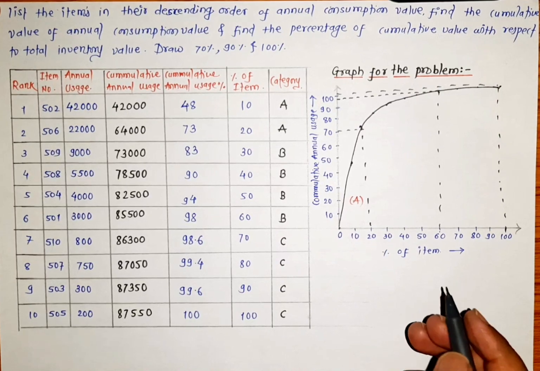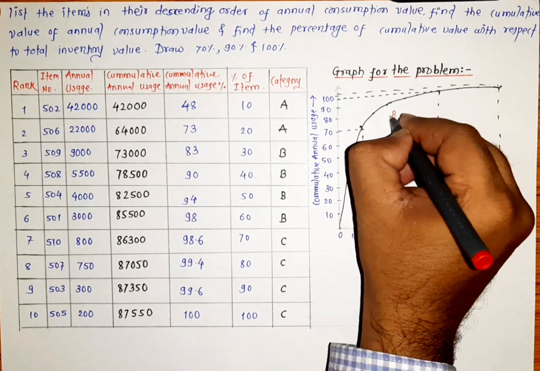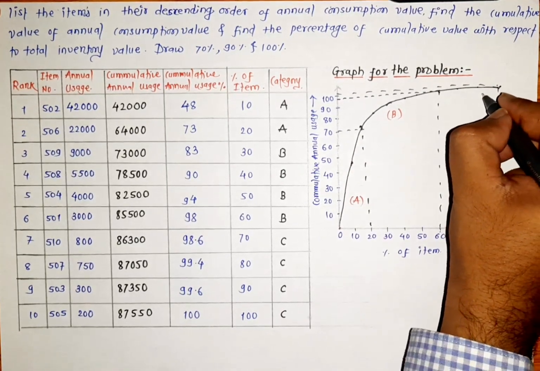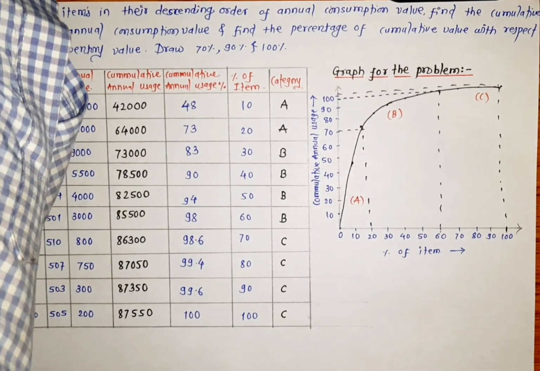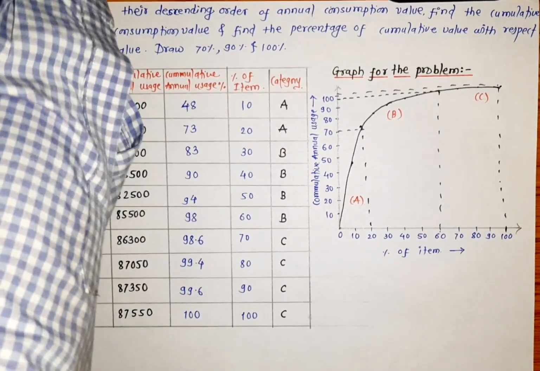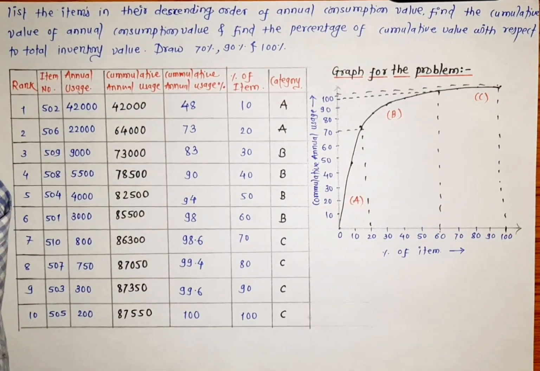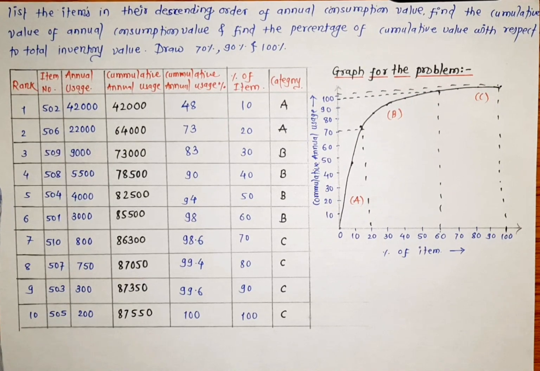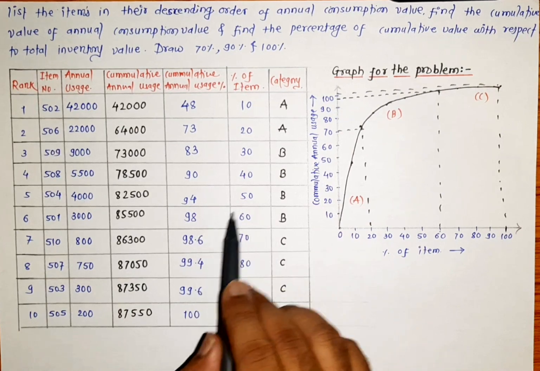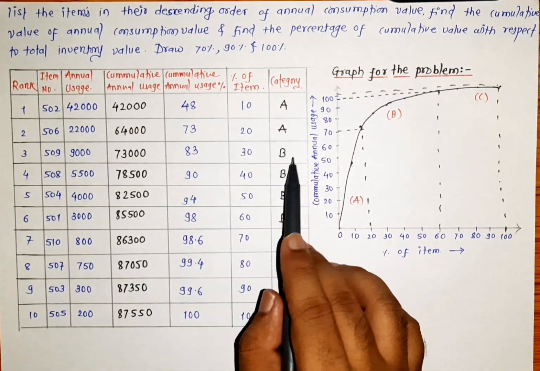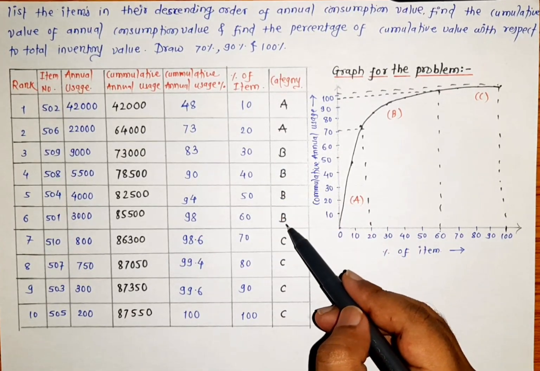A classification, A class material. This is our B class material, and this is our C class material. So whenever we will write down the answer, this answer can be written as A category material. There were two atoms having consumption of 73%, B category material having the consumption from 83% to the 98%, and